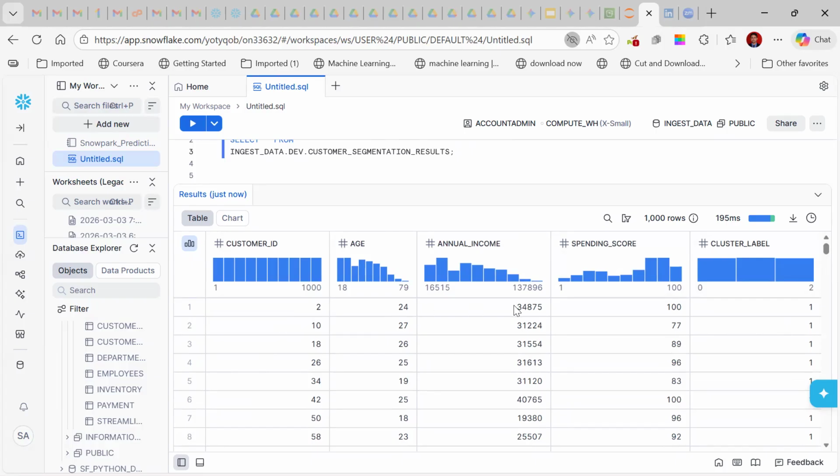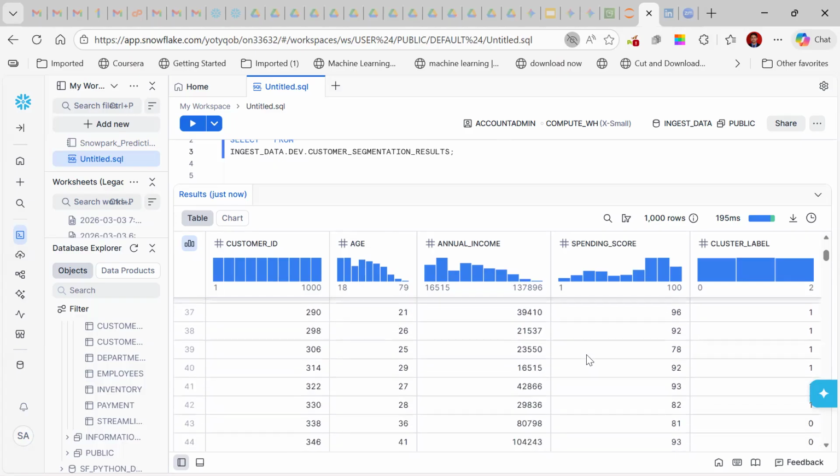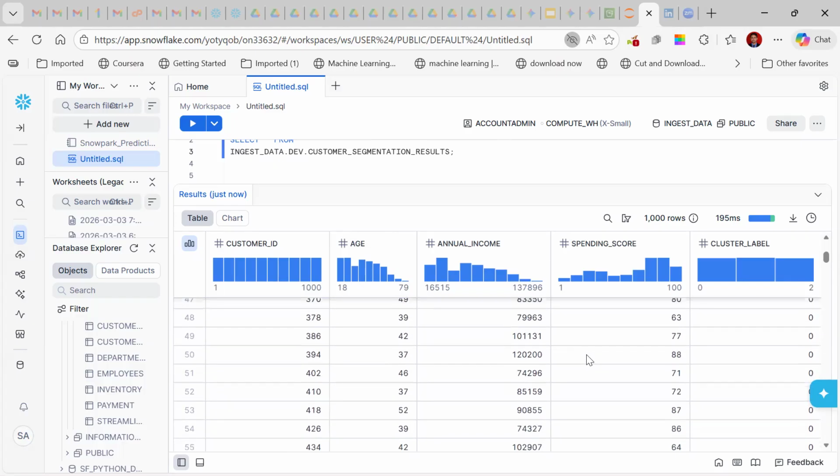And then age, annual income, and spending score. These 3 are what it took, and only this combination. Like high spending score. See, these are all high spending score. Can you see that? Cluster 1 is showing high spending score, and then we can also see some customers in cluster 0.